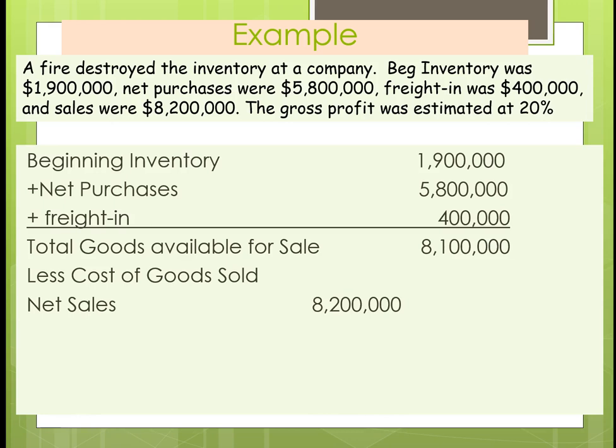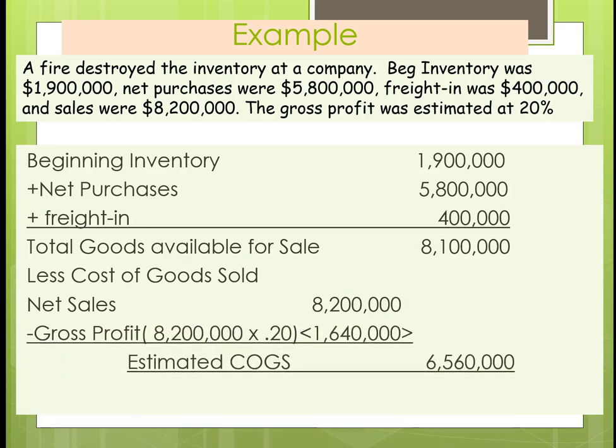Less cost of goods sold. You had net sales minus gross profit, which is 8.2 million times 20%. That gives you estimated cost of goods sold of $6,560,000. That gives you your estimated ending inventory of $1,540,000. So you would journal, well, if you're doing interim reporting, this you would use for insurance purposes. But again, you cannot use this method for reporting purposes. And that ends part